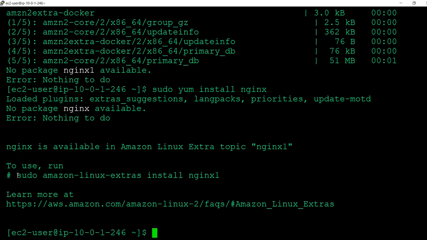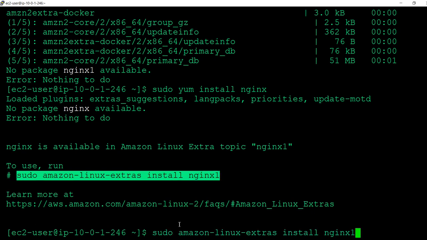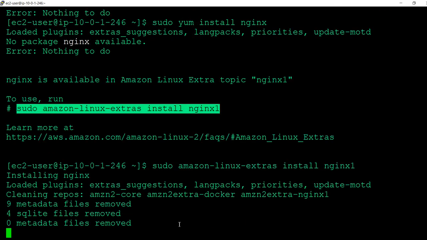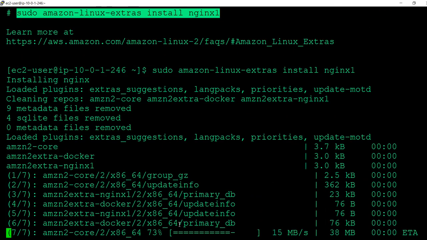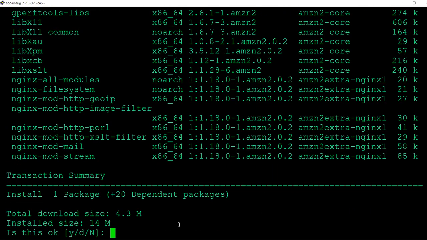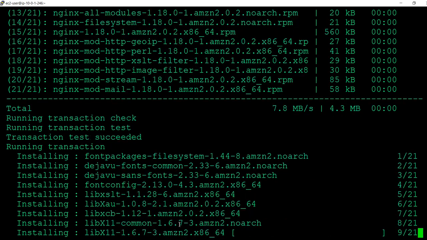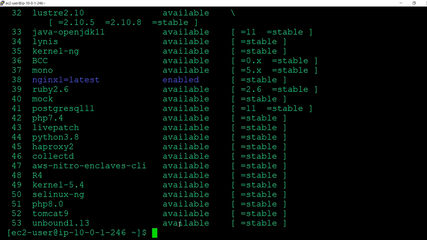We need to use this command, not yum, because we are connecting with the Amazon Linux extras. So now we have installed nginx.